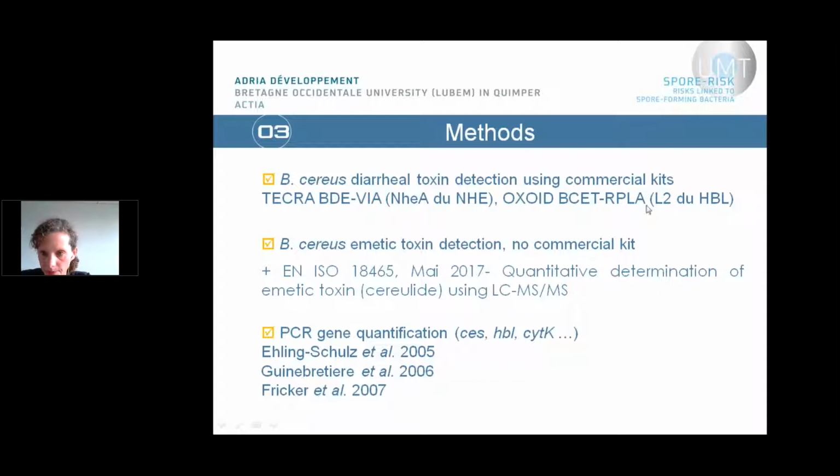Pay attention that the kits are only targeting a specific part of the toxin and will not ensure the activity of the whole toxin. Regarding emetic toxin, there is no commercial kit, but there is an ISO method regarding the quantification of this toxin in food. Several genes can be targeted to screen these